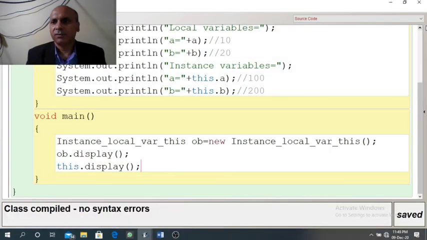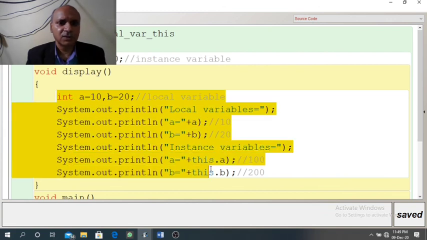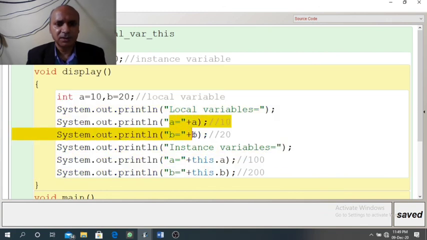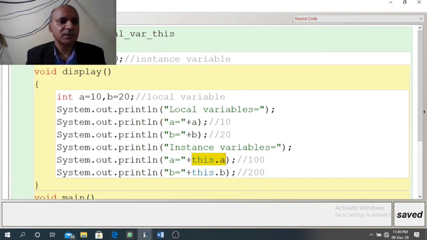This is the display method that we have executed. So first it is displaying the local value, then it is displaying the global value or instance variable. So it is clear that this dot a refers to the value of instance variable a, and simply writing a refers to the local value of a.